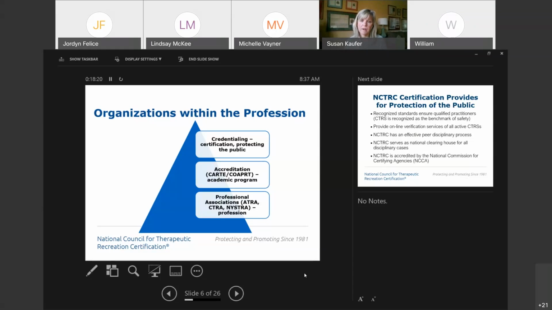We have two different accreditation organizations right now currently, but their role, again, is specifically to provide an overview of the academic programs or curriculums. Then we have our professional organizations. We have the American Therapeutic Recreation Association. In Canada, there is the Canadian Therapeutic Recreation Association. They work very much together, have a communication with one another, again, trying to align themselves for the best process and membership and conferences and those kinds of things for therapeutic recreation